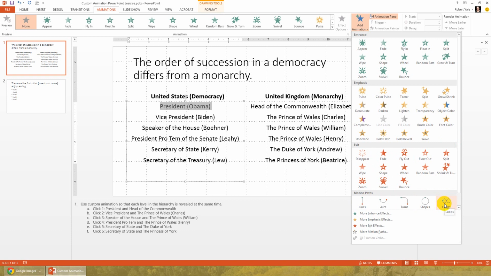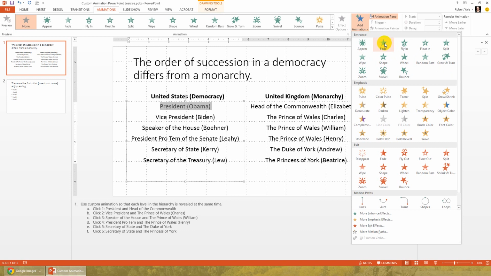So what we want is we want to have President Obama's text appear on the screen. And there are a lot of different options of animations that you can use in PowerPoint. I will tell you that 99% of the time, appear or fade are the only animations that you should use in a professional presentation. Now, certainly there are some situations where you might want to have things flying in, but for the most part, that kind of movement is more distracting than it is helpful to your audience. So I'm going to decide to have this text fade in, and